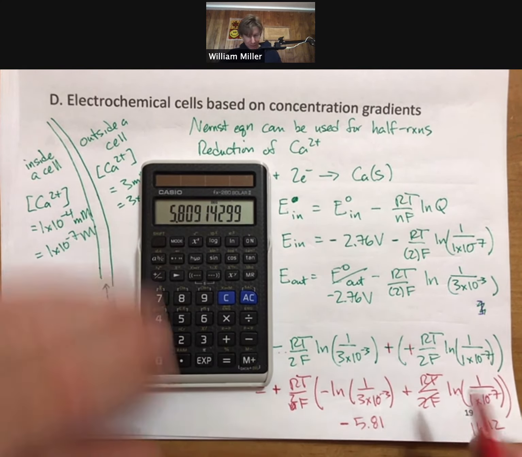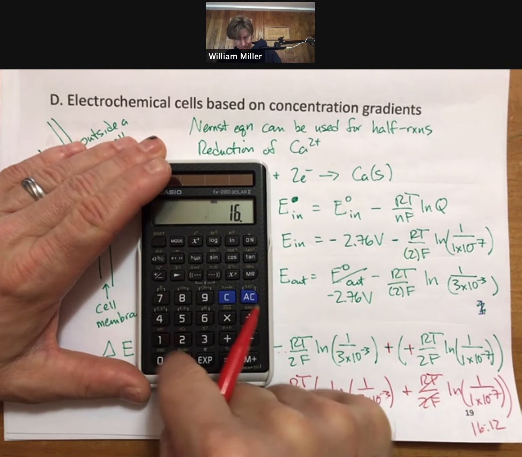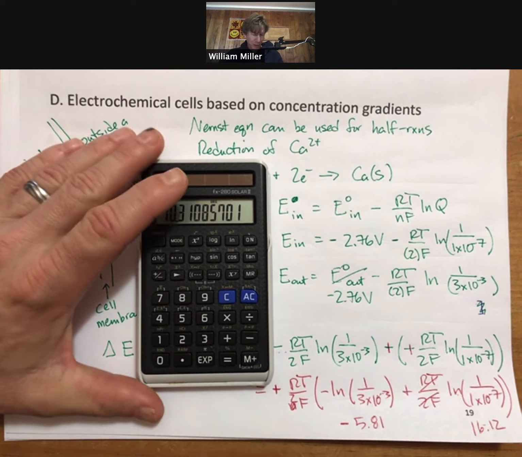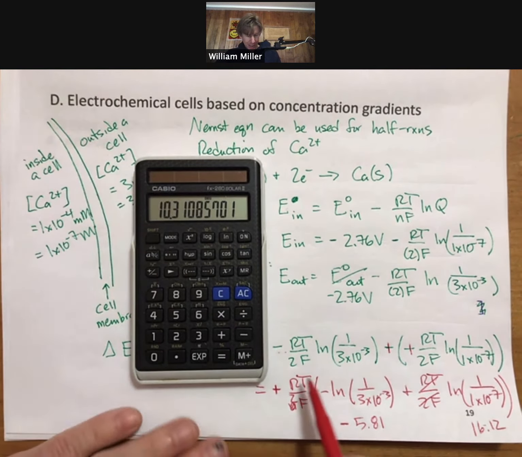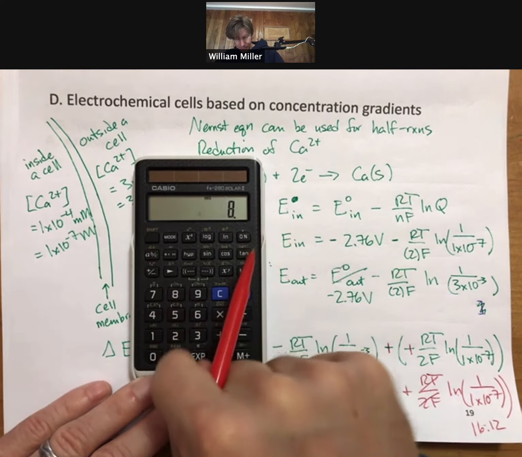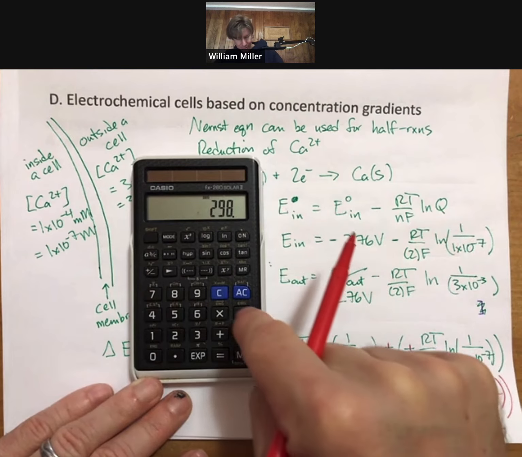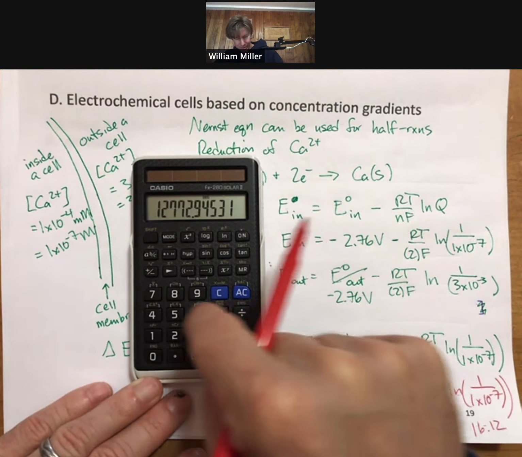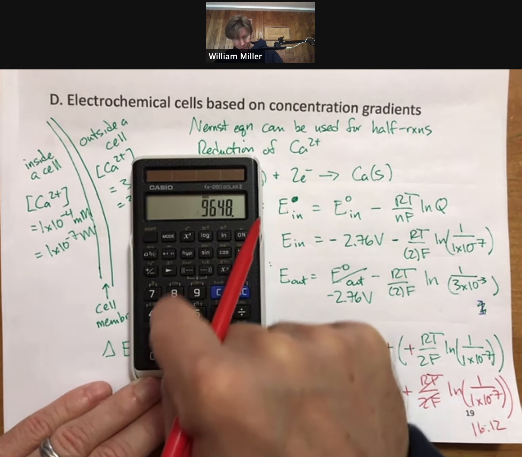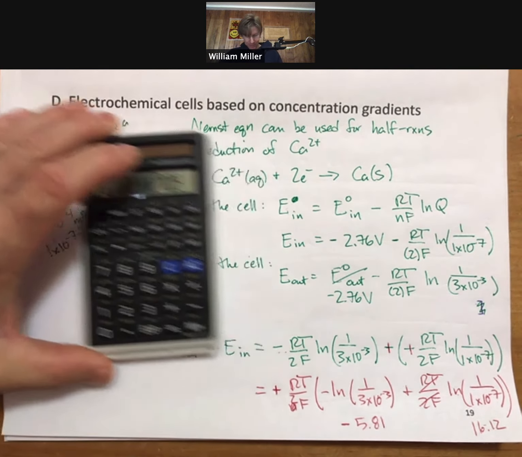Do this subtraction. I get 10.3. I then multiply it times all these factors, 8.314 times 298 divided by 2 divided by 96,485. I get 0.132